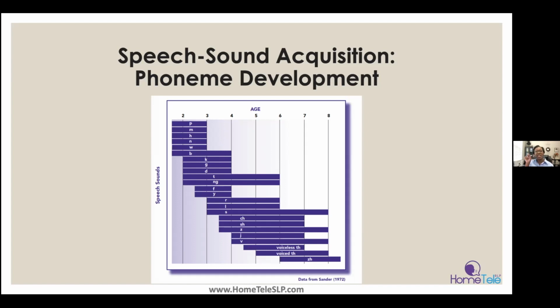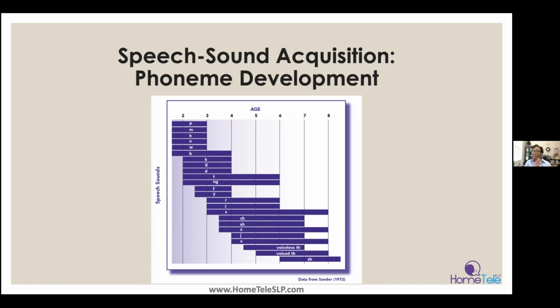And then we have the NG, and that's called ing, ing. And so ing, which is at the end of every verb that's present progressive, is also developing a little bit after that. Then the range is a little bit wider. So some kids may develop these sounds early on, and maybe they are approximating the sounds that you see, meaning maybe they're not 100% accurate, but you can tell what sound they're trying to make.